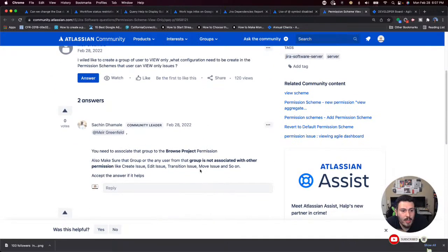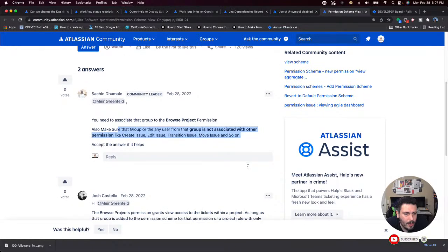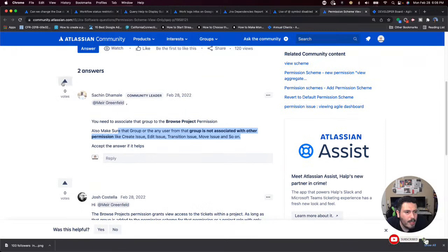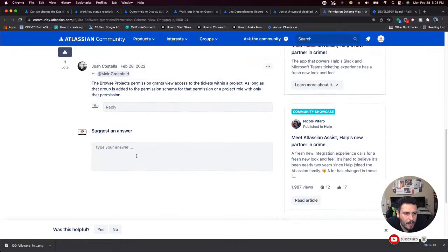Yep. You need to associate the group to the browse project permission. You can also make the share group or the browse project permission. I'm just gonna vote for these because these are really good answers. Yep. I'm gonna say agree with first two answers.